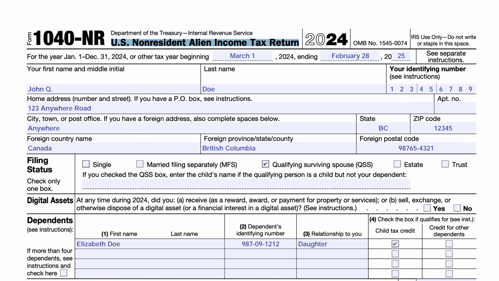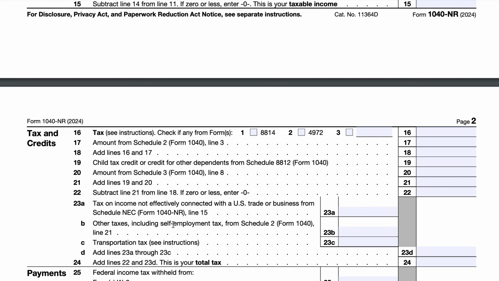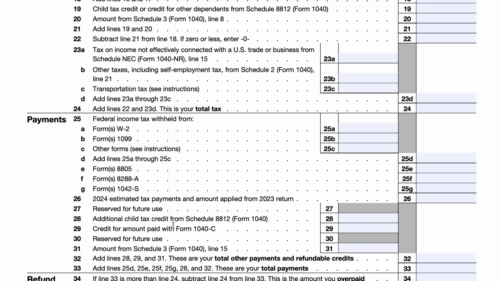We'll be going over IRS Form 1040-NR, specifically the section of this tax form that has to do with income effectively connected with U.S. trade or business. So in a prior video, we've already gone over the taxpayer information at the top of the form. And in subsequent videos, we'll go over calculating other parts such as the tax and applicable credits, payments, refund,